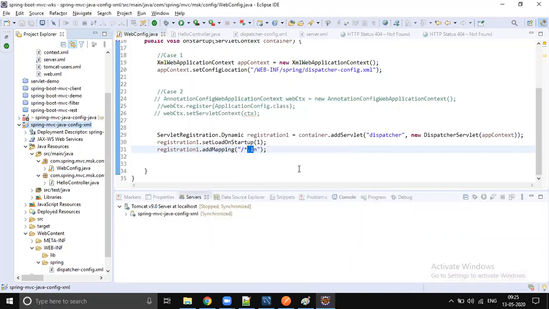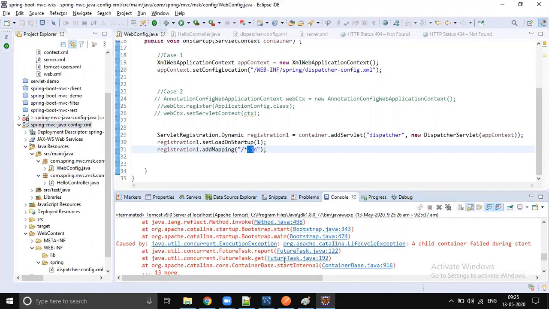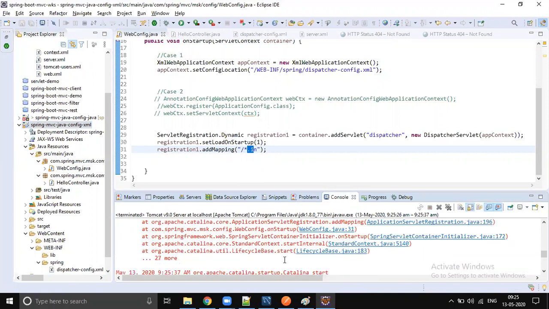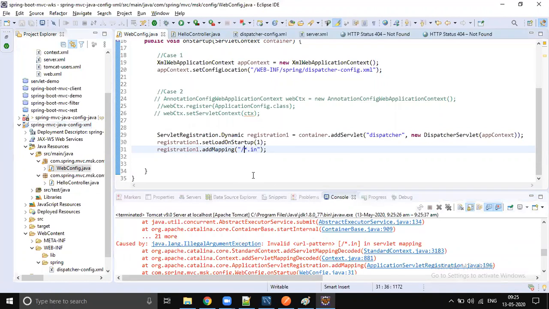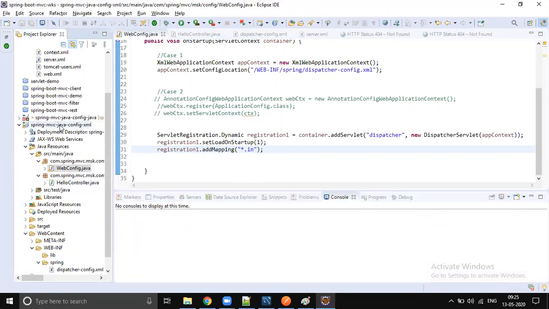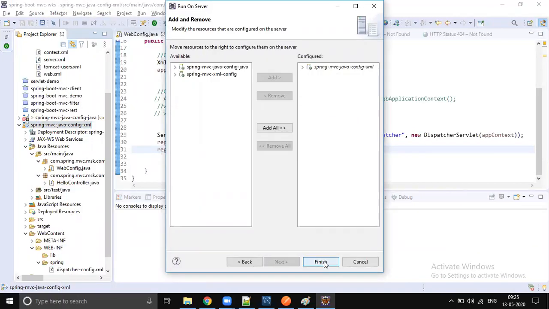The URL pattern mapping is an issue. Illegal argument, URL pattern. Okay, so what we can do is *.in. Anything ending with .in you consider. Run on server. Finish.